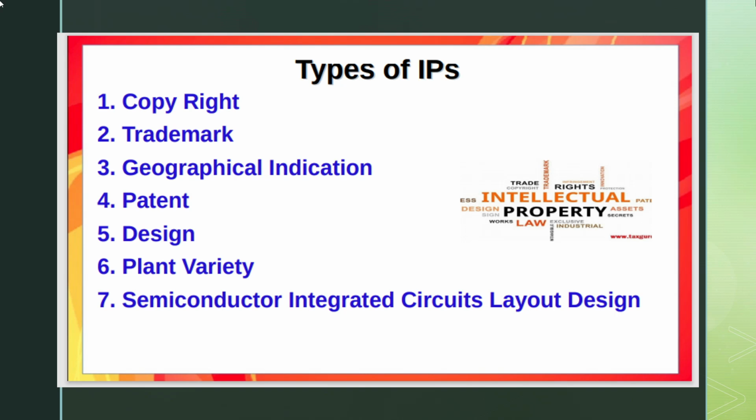Now let's move on to the fourth point, which talks about patent. Now you'd be wondering, what is a patent? A patent is a type of IPR which protects the scientific inventions, products and processes which show technical advancement over the already known product. A patent is an exclusive right granted by the government which provides the exclusive right to exclude all others and prevent them from making, using, offering for sale or selling or importing the invention.